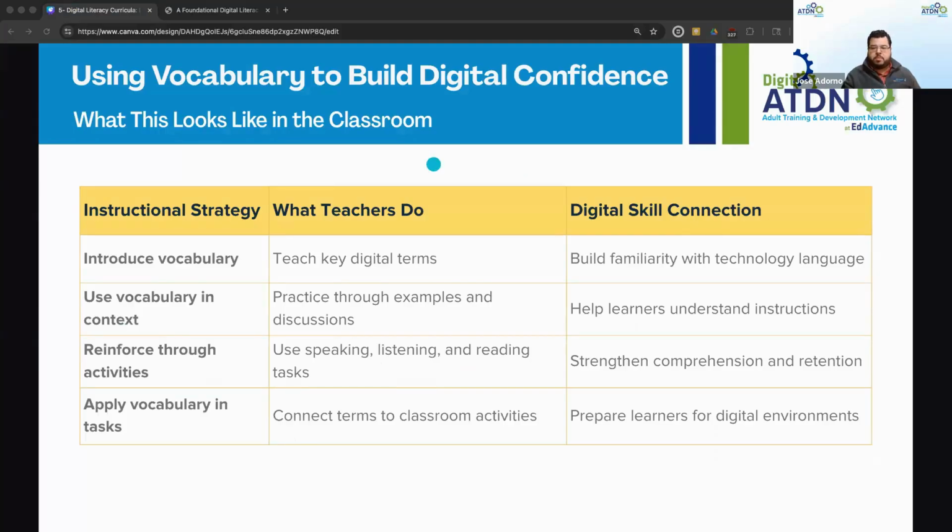So here it puts some content similar to what we did with the 5Es. This is not applying 5Es necessarily, but gives you a little bit more if you're looking for how would you do this? This is an example. So you have your introduce vocabulary, which is teaching the key digital terms, right? You're building that familiarity with technology language.